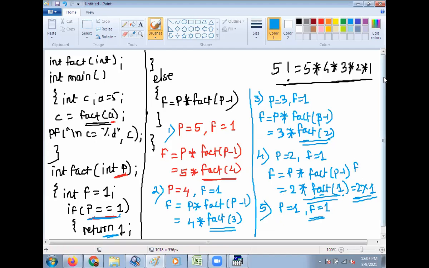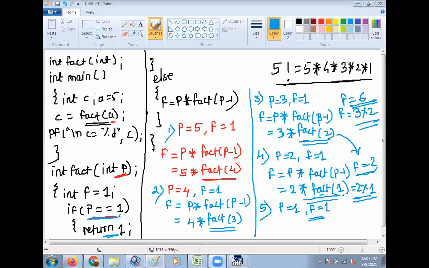Here f is equal to 1, and fact of 2 is 2. So put this value, the value of fact 2 is 2. So here you will get f is equal to 3 into 2, that is f is equal to 6.